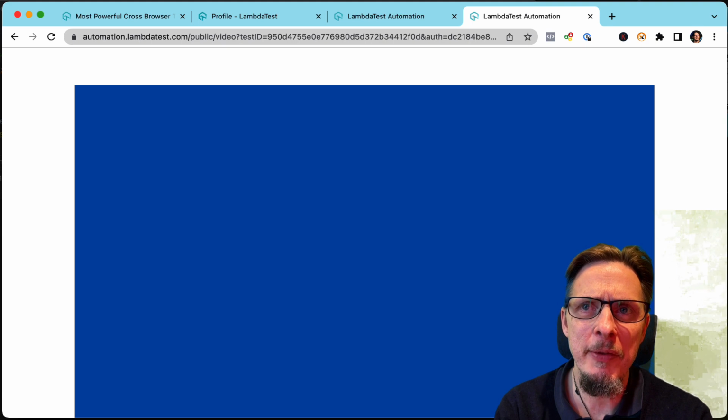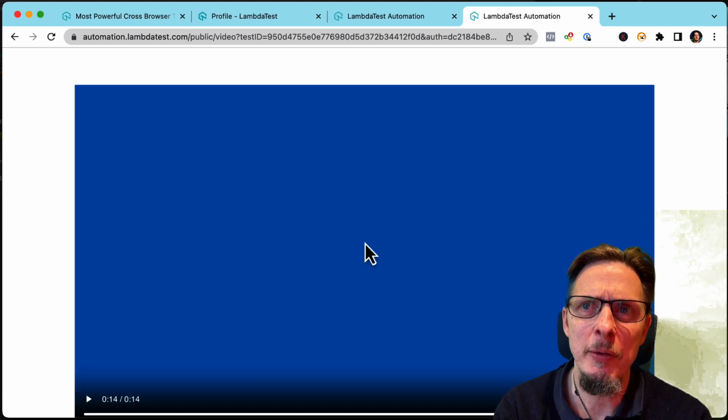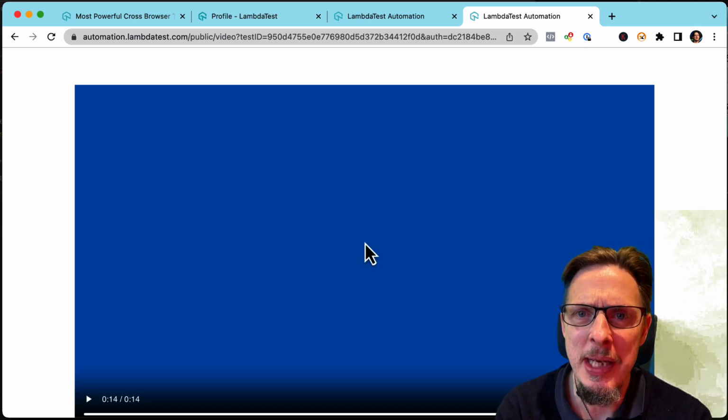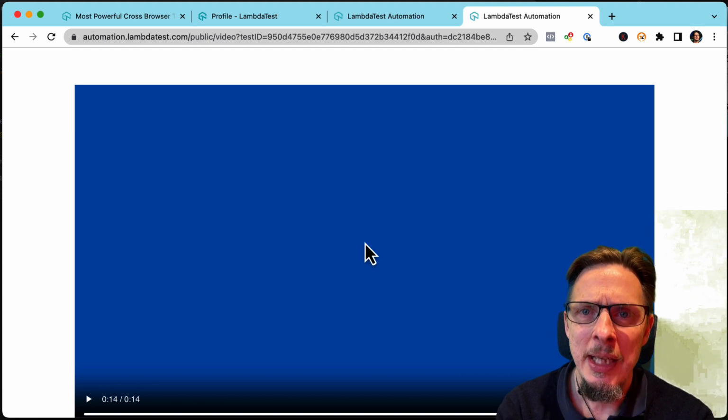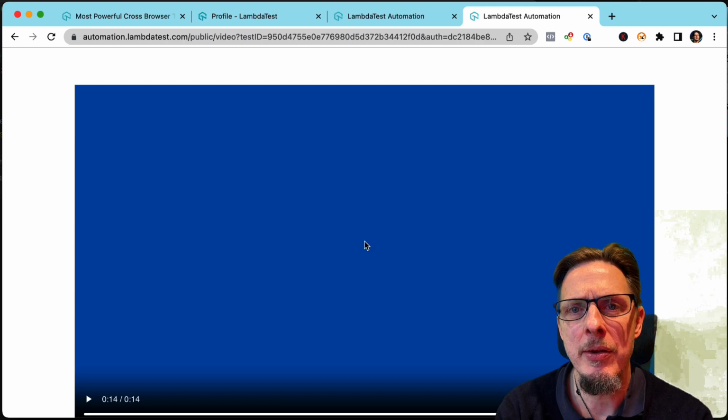So that's a bit of an overview of LambdaTest. I hope this makes it obvious just how easy it is to set up these tools in Serenity. So if you want to play around with distributed testing,